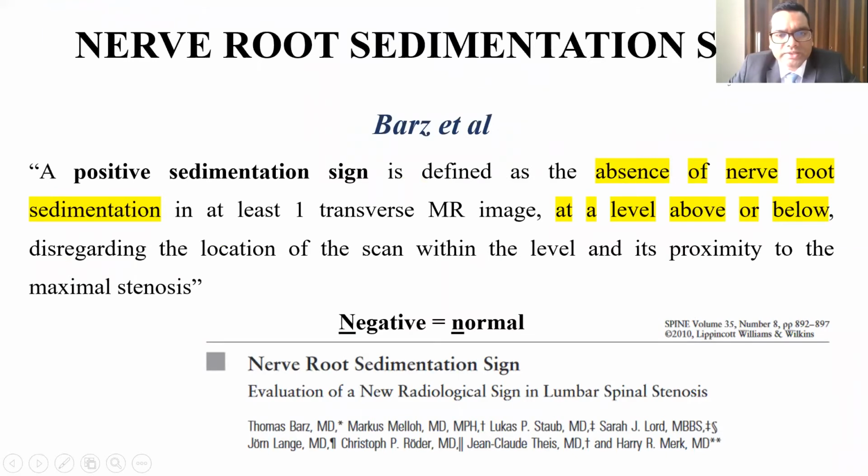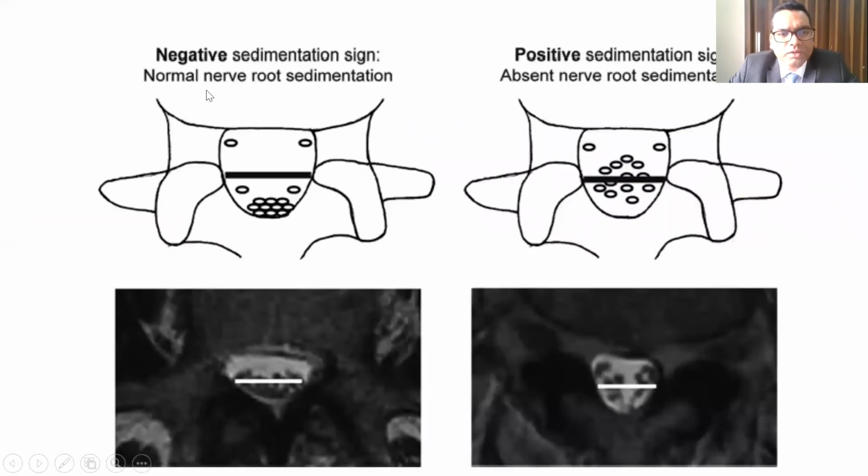The nerve sedimentation sign, as proposed by Barth et al.: a positive sedimentation sign is defined as the absence of nerve root sedimentation in at least one transverse MRI image at a level above or below, disregarding the location of the scan within the level and its proximity to the maximum stenosis. So this is the negative sedimentation sign showing the normal MRI, and this is the positive sedimentation sign, absence of